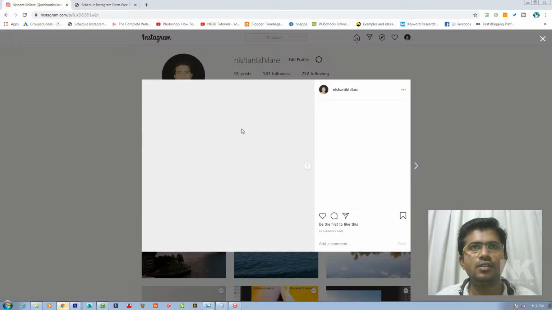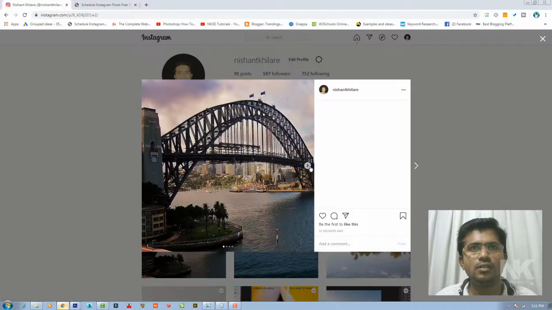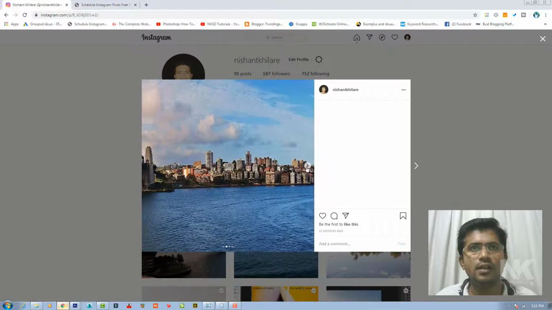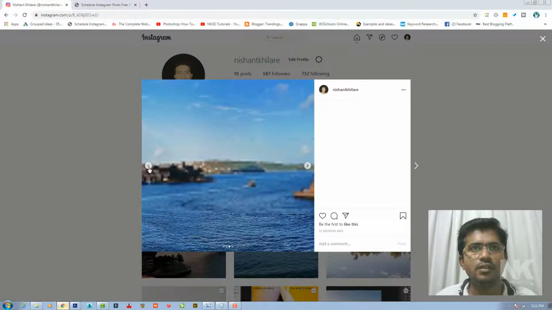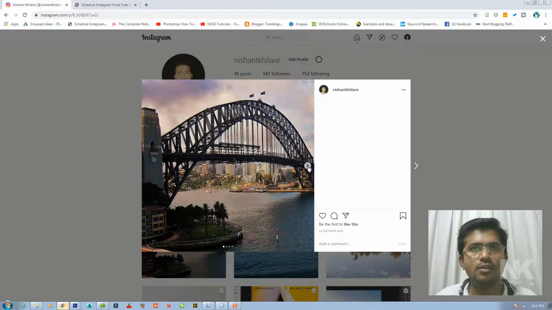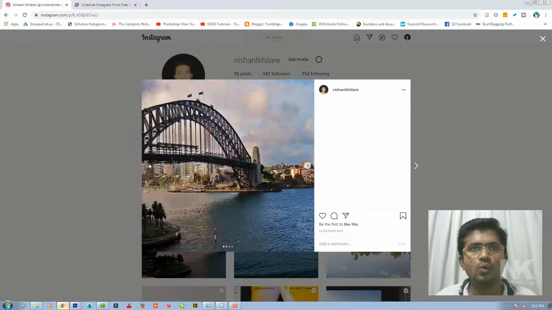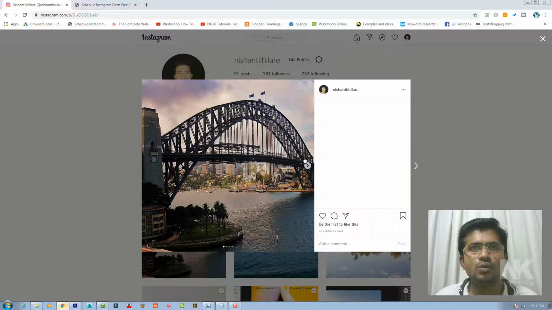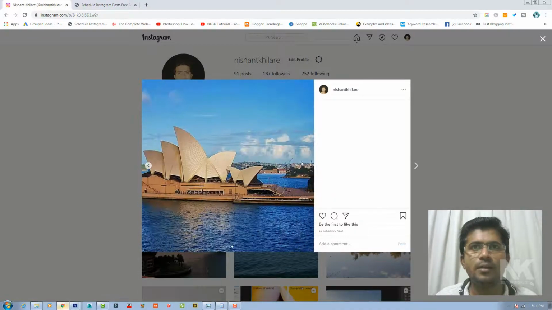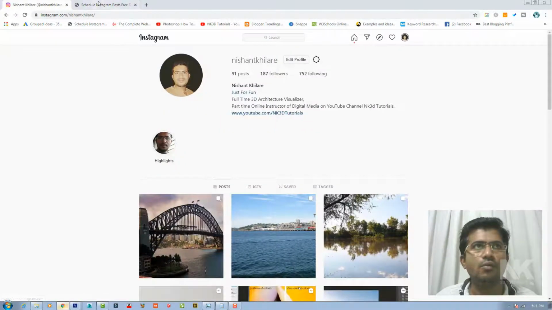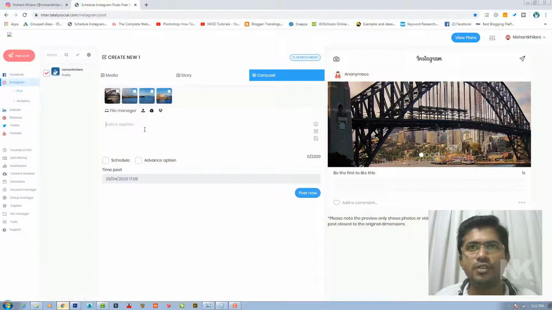You can see that our image has been posted on Instagram, Seamless Pano. I have directly posted this image. If you want, you can also add a caption, Seamless Pano, whatever you want to write, you can write here and then click on the post button.